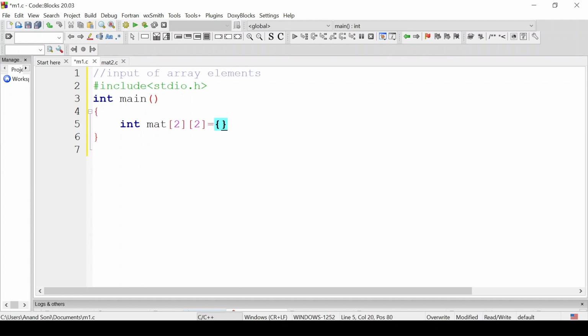I'm giving it values. So here in curly brackets we can give values: 5, I'm giving 7, the third value I'm giving 4, and the fourth value I'm giving 9. So the element at index position 0, 0 is 5, 0, 1 is 7, 1, 0 is 4, and 1, 1 is 9. Now to print this array,